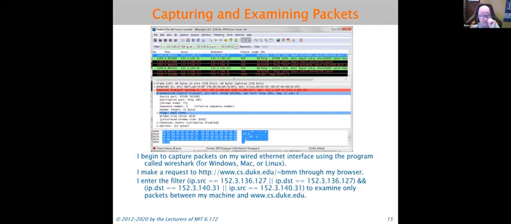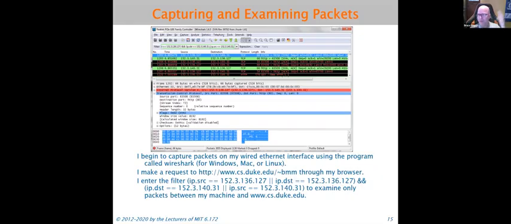And the reason for this is that these days there's a tremendous amount of traffic going in and out of your machine all the time, whether you even know about it or want it. And you have to add a filter if you want to only look at the traffic between your machine and some remote machine. And so I did this, and let's look at the first 3 packets in the upper left